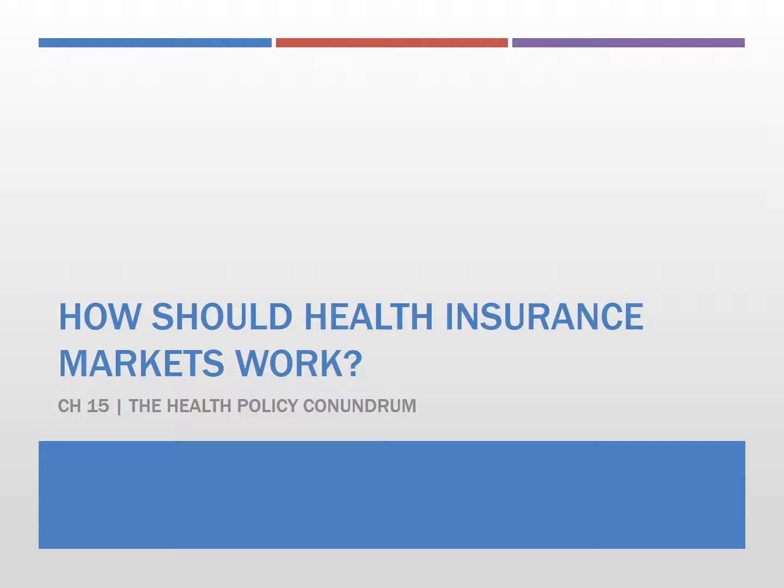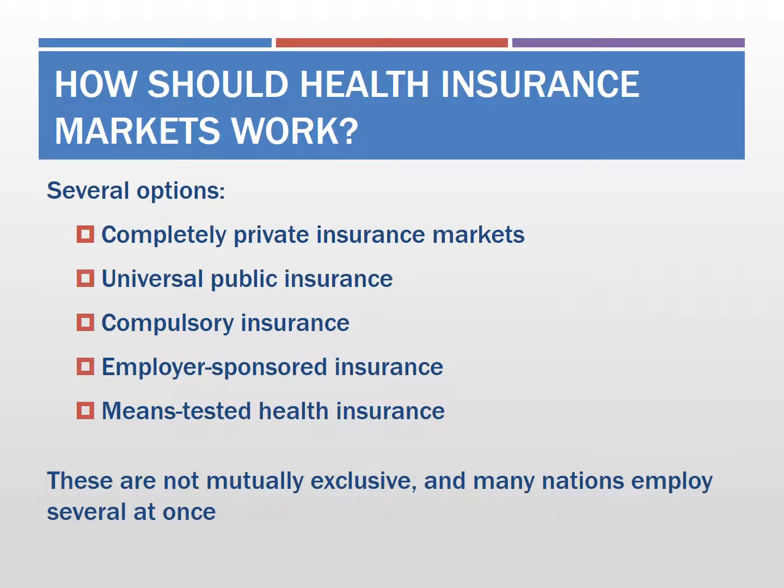We have learned a lot about the health insurance markets in the previous chapter. So now we are going to summarize some of these findings and try to provide an understanding of how public policy will address those problems. One of the biggest challenges in the insurance market is the issue of adverse selection. Because of the asymmetric information between insurer and customer, there is the potential to destroy or severely limit the private health insurance markets. So one fundamental question that shapes a healthcare system is how the government should address insurance in